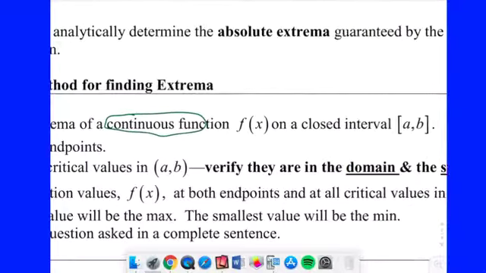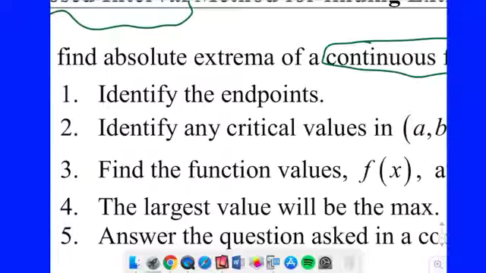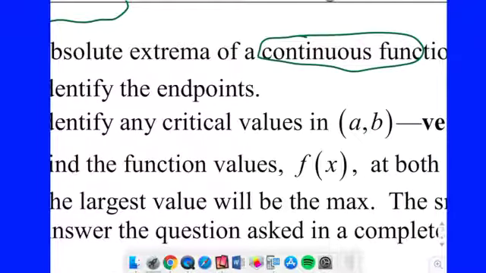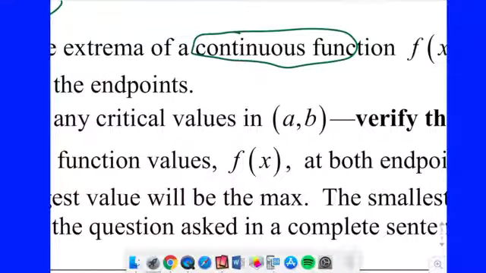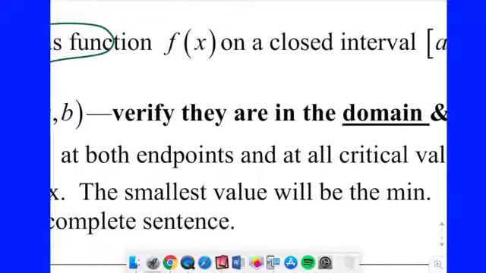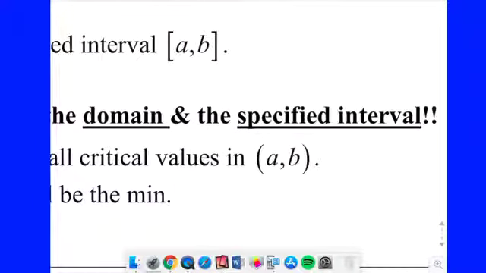So if we have a function that's continuous on the closed interval, we need to, number one, identify the endpoints. Okay, that's pretty easy. They're going to be pretty much given to you, right? Once we have the endpoints, then we need to identify any critical values that are in the interior of that closed interval. Now, you got to be careful because you need to verify, first of all, that they're in the domain. If they're not in the domain of the function, they're not really critical values. But then you also need to make sure that they are inside the interval. You may have a critical value that's outside a